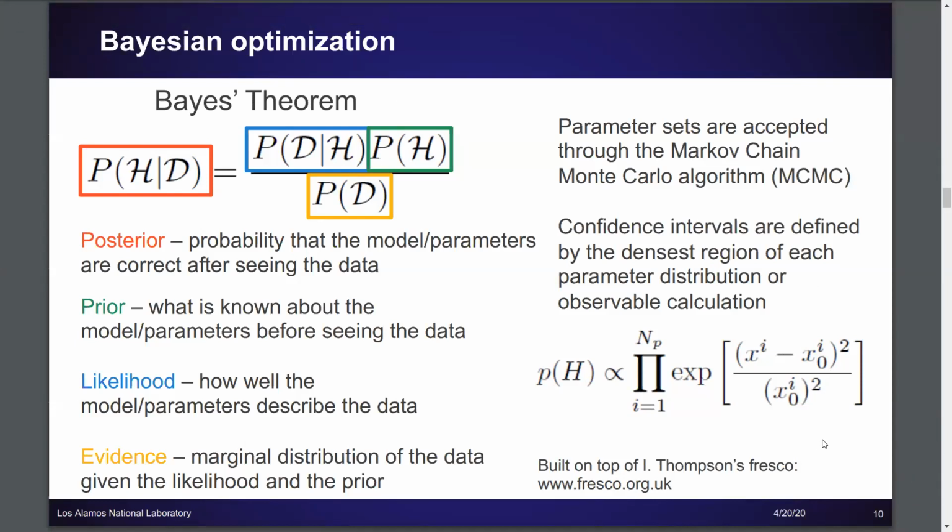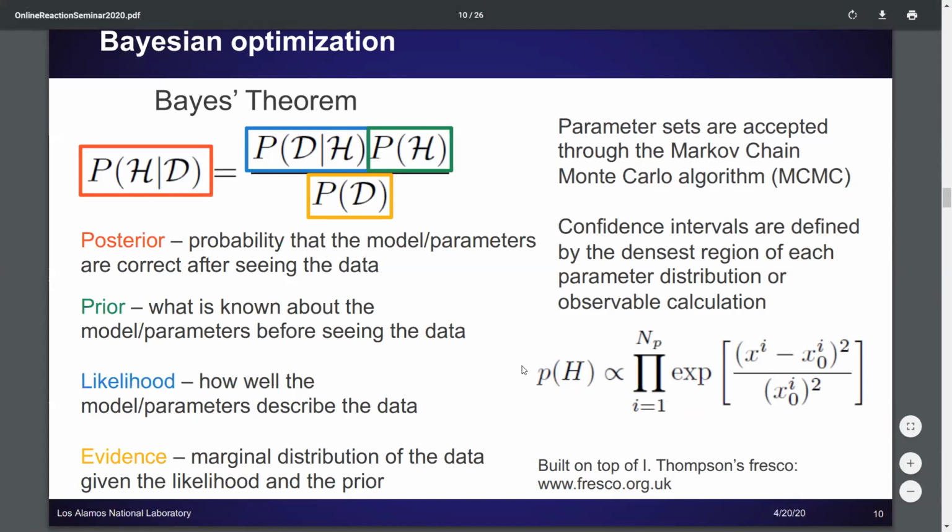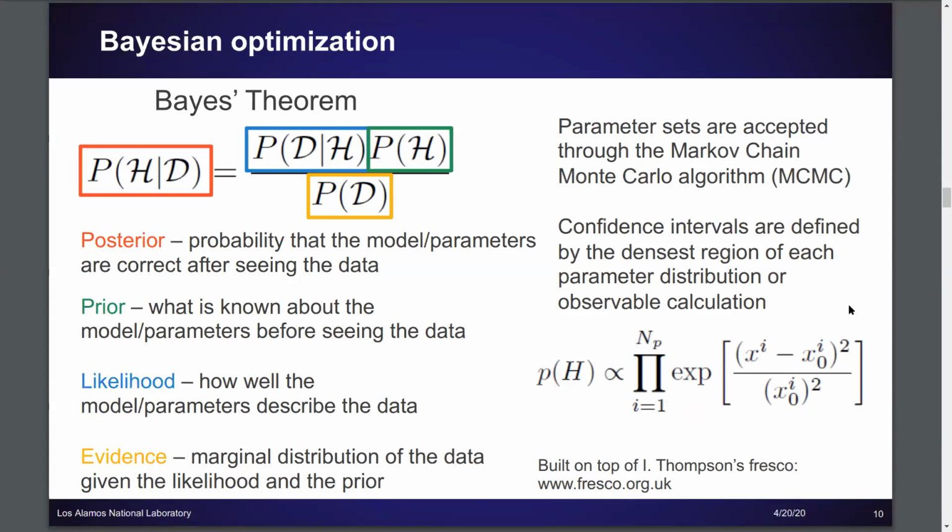And I did a fair investigation of a couple of different spaces, as have other groups, to really find how much your resulting calculation depends on your prior distribution. If your data has enough constraining power in it, your resulting posterior distribution should be fairly independent of the choice of the prior. And that's more or less what we've seen. And again, this whole suite of codes that I developed was built on top of Fresco, which was a very nice tool to have to start this off.